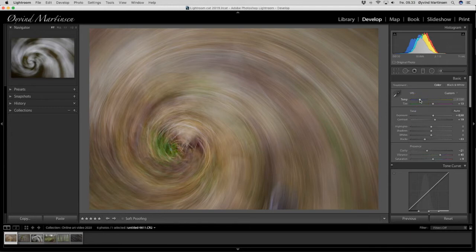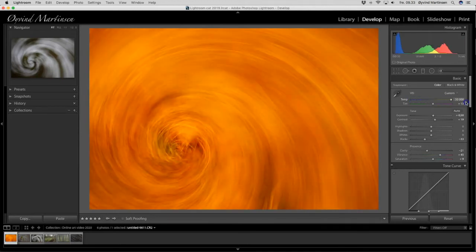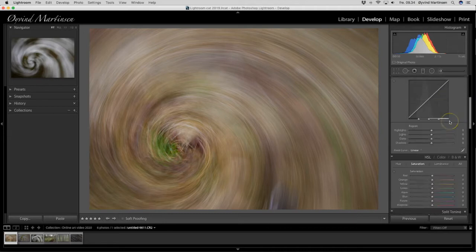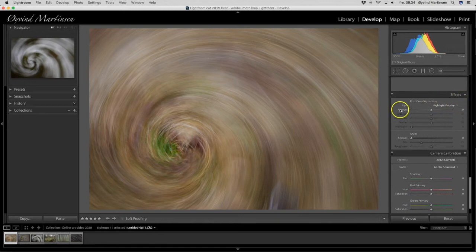And I want to fine-tune the color temperature a little bit. Here is to the left side is very cold, very blue, and here the other way very warm. But I want to keep it somewhere here down at 4000 something. I think around here 4140 can be good. And I go down here to the bottom under effects, and I want to put a